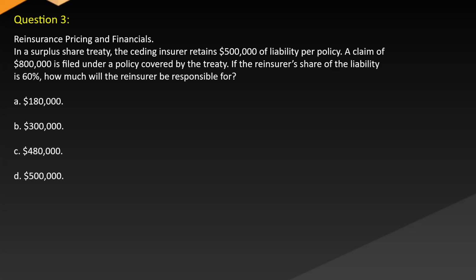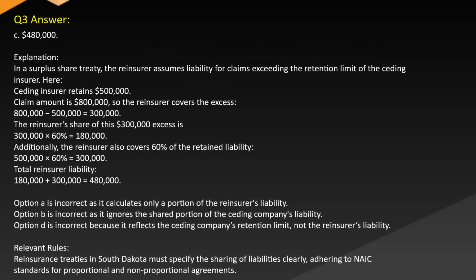A. $180,000. B. $300,000. C. $480,000. D. $500,000. Answer. C. $480,000. Explanation. In a surplus share treaty, the reinsurer assumes liability for claims exceeding the retention limit of the ceding